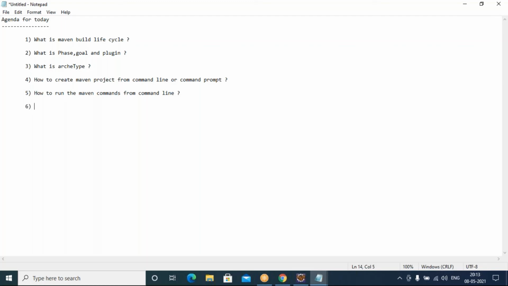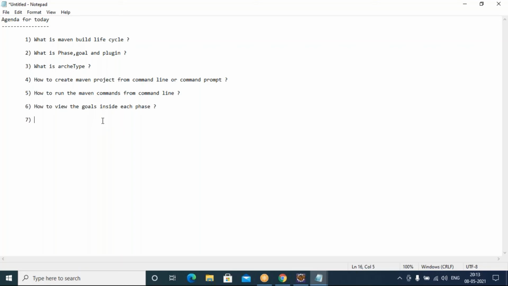And also we are going to talk about how to view the goals inside each phase. Once we discuss the phase, goal and plugin, this point will be clear, so we will discuss it in detail.